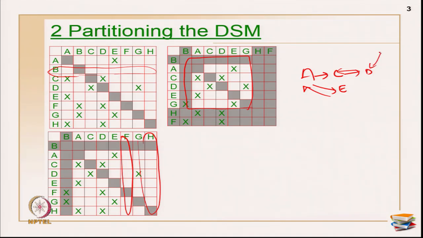G to D. So, I have identified all the activities: E to G, and then G to D. Again, I am checking. A to C is done, A to E is also done, C to D is done, D to C is also done, E to A is done, E to G is also done, and G to D is also done. So, I have identified everything.